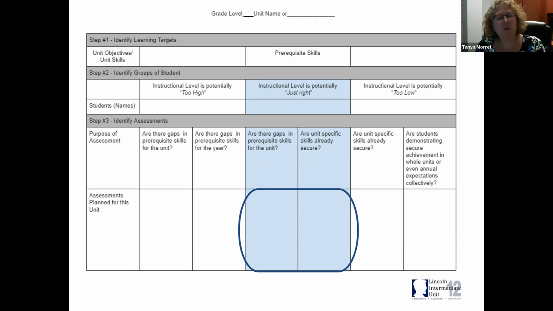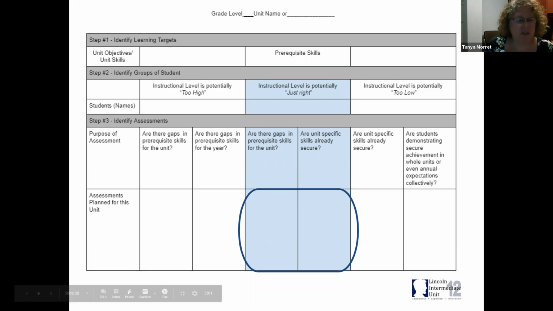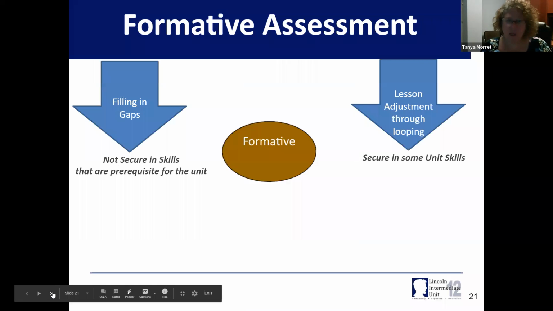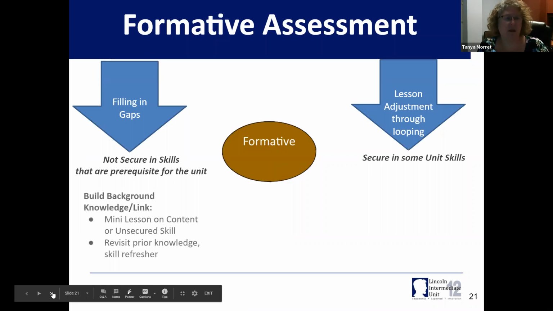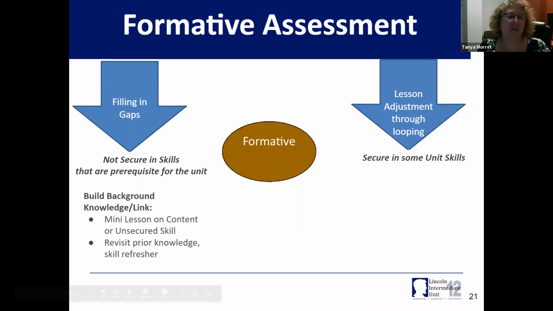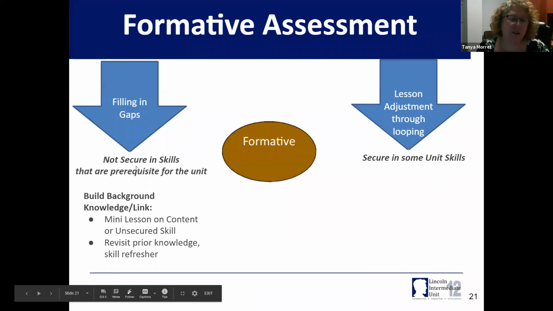So, you know, we want to plan for the assessments we're going to use, and that way it doesn't really look like we're only pre-assessing one group. We're going to plan the assessments out for all the groups at once before we administer instruction. Now, hopefully from these formative assessments, for those kids who aren't quite secure in skills, we'll be able